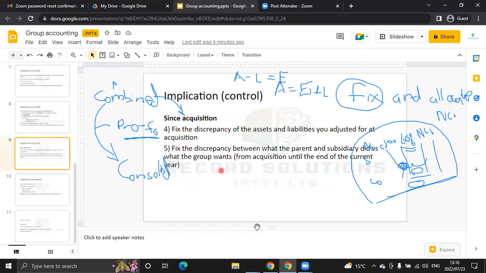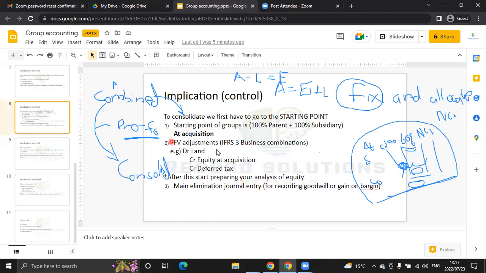Now we move on. So after at acquisition, we've now acquired this business. Now we must look at what happens from that acquisition until the end of this year. And what we are going to do there is simple, really, and I don't know why we are not taught this way. You're just going to fix the discrepancies between the assets and liabilities you adjusted for at acquisition first. So you're going to firstly go to those assets that you adjusted for fair value adjustments,